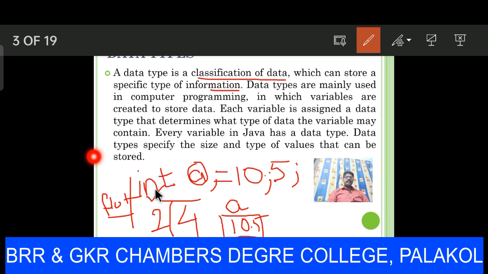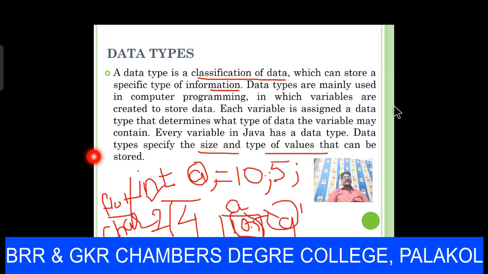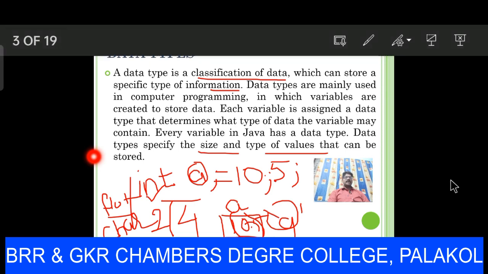If you take the integer type, it stores the integer type. If you take the float type, it takes the floating point type. If you want to create a character type, char, it takes a character, for example G. So G is the character. So it takes the size and the value. If you take the integer, it takes the integer value. If you take floating point, it takes the floating point value. If you take characters, it takes the character values. Like that, the data can be stored in memory, that is called data type.